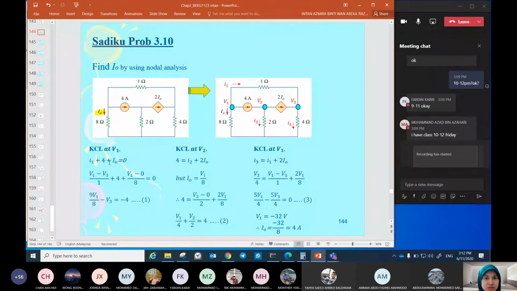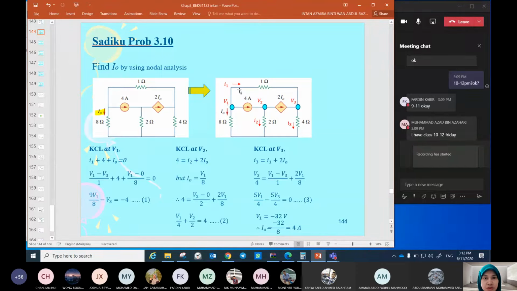And then we substitute each I with Ohm's law, I is equal to V over R. You may skip this step and go to the next step, or you can write both equations. So we substitute each I with Ohm's law, I is equal to V over R.